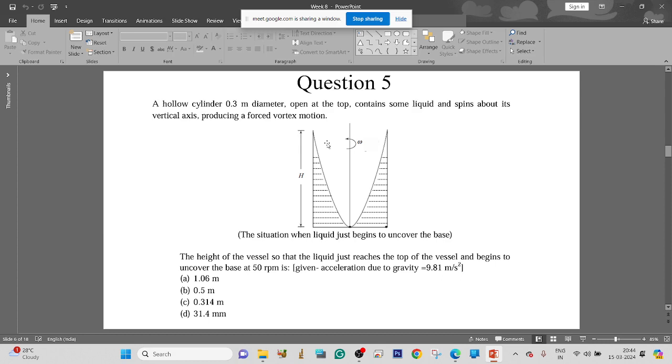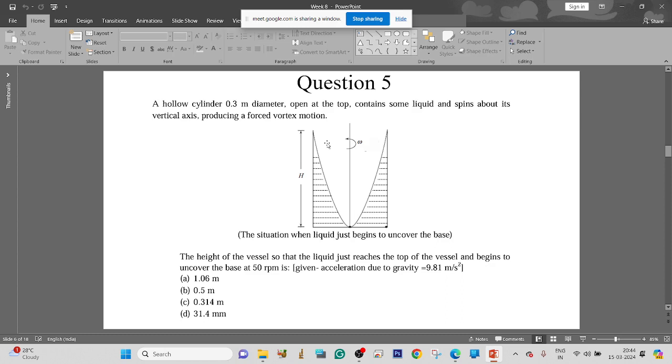Here, the flow is rotational, right? Since the flow is rotational, this is a forced vortex, and here we cannot apply the Bernoulli equation in this region. So we need to apply the Euler equation that we have studied and used to solve a question in the previous week, right? So applying Euler's equation of motion in the r direction, and the difference in pressure between point 1